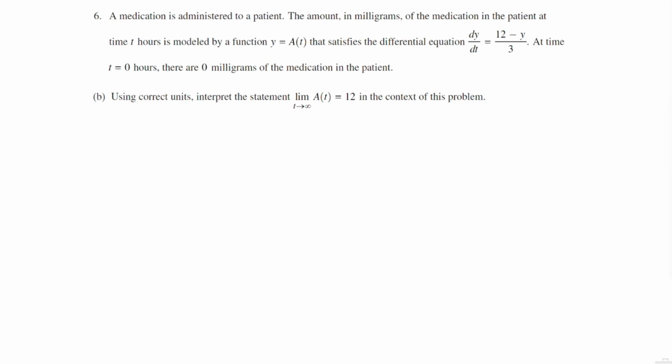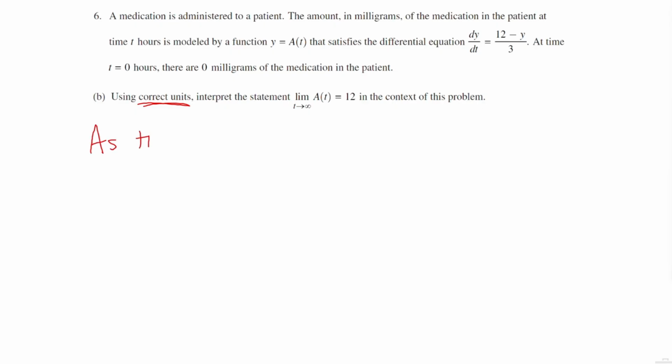For part B, they ask us, using correct units, to interpret the statement that the limit as t approaches infinity of A of t is equal to 12. So this requires just a sentence explanation. And note that they do say using correct units. So if you don't put the right units, then you're not going to get the point. So we need to say something like,